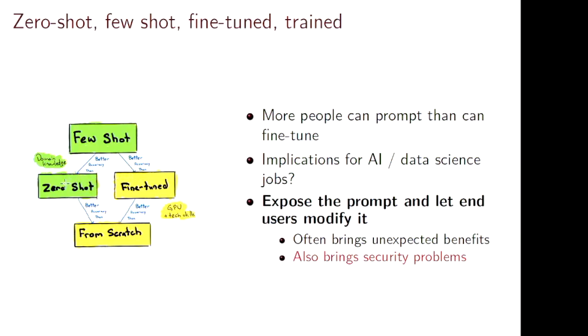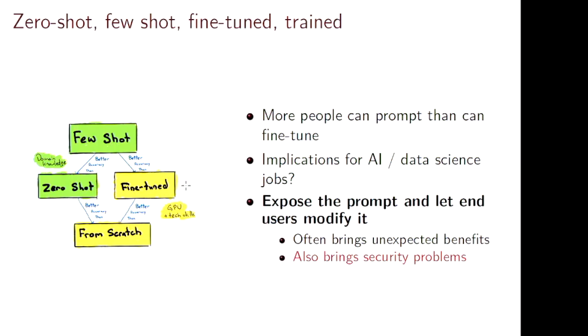Zero-shot would be something where you just say, classify this call. Don't give much more context, or classify this call into sales or support, and it's just using its background knowledge. One thing everybody does agree on is that that's definitely better than going from scratch, because from scratch you won't have enough data. And the desperate attempt with green and yellow highlighters here is, notice that the green side, you can get there just with domain knowledge. The yellow side, you kind of need a GPU and you need some tech skills.